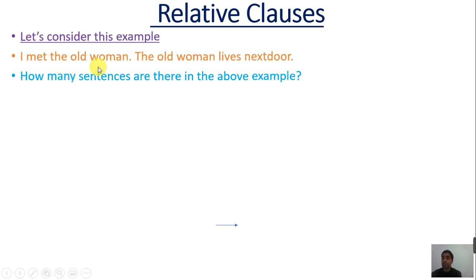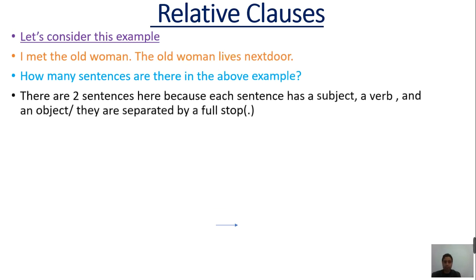Because each sentence here is composed of a subject, for example here I, followed by a verb, the verb to meet in the past, which is met, and the object, which is the old woman, and there is a full stop. The same thing could be said about the second sentence, which is the old woman subject, followed by a verb, and an object. So here we have 2 sentences. Now the question is, can we join these 2 sentences together to get only 1 sentence? Sure, we can do that,